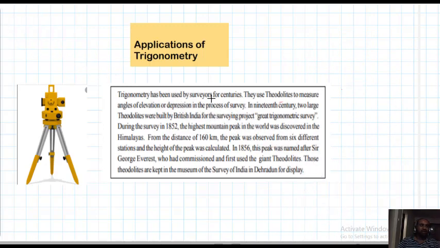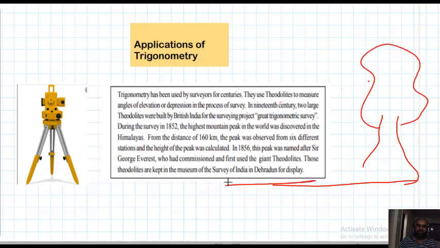But while drawing diagrams to solve problems, we need to take care. For example, you want to find the height of the tree. This is the ground, this is the tree. Observer is here. Observer height is not mentioned, so a dot is taken as the observer. We need to draw a straight line perpendicular to the ground, which is taken as the tree. The straight line is taken as the distance from the foot of the observer to the foot of the tree. All diagrams can be taken linearly, that is, by using line segments only.